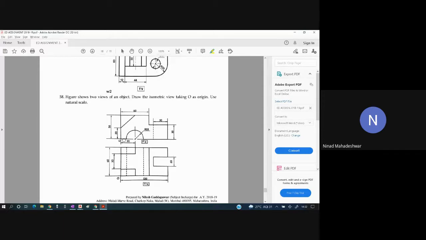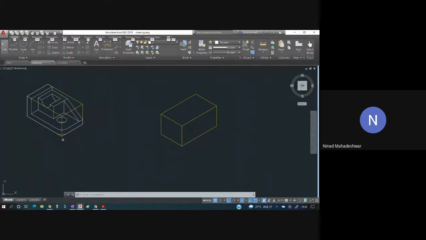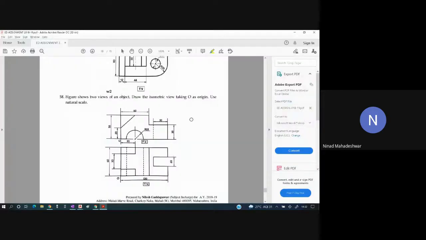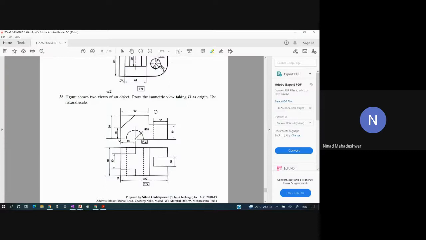So let's do this over here. This is a line. From here I'll go up by 20 mm, beyond that also 30 mm, towards right it should go by 60 mm. It should go down over here. How much is this length? Can anyone tell me?